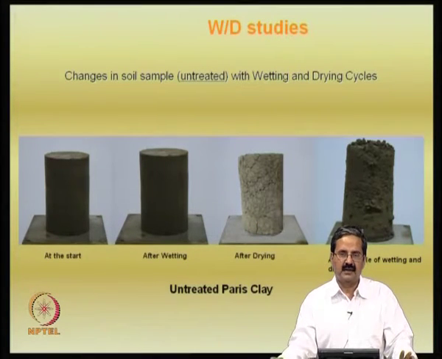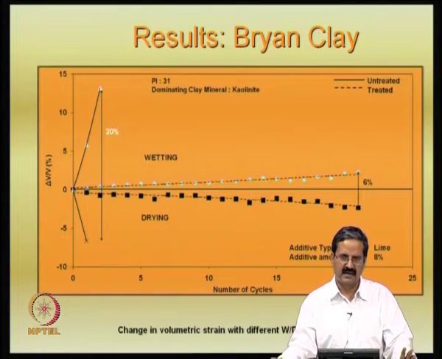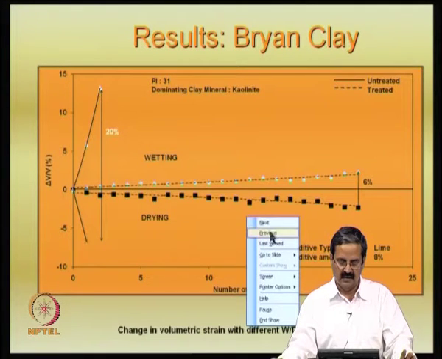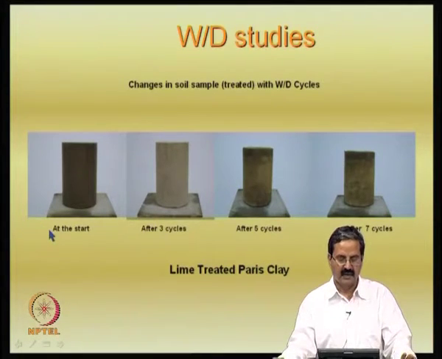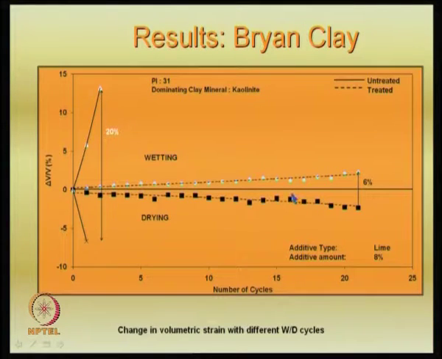Actually, people can do a lot of testing on some of these materials. One can do basic index property tests, you can get some information. One can do unconfined compression tests, UCC tests that we are familiar with, or leaching tests. Many tests could be done, and here you can see that at Arlington University, Dr. Ananda Puppala has conducted a lot of tests on this, and after 7 cycles of the lime treatment, you can see that the strength is okay. They have done some sort of test in which you are able to see the strength response.